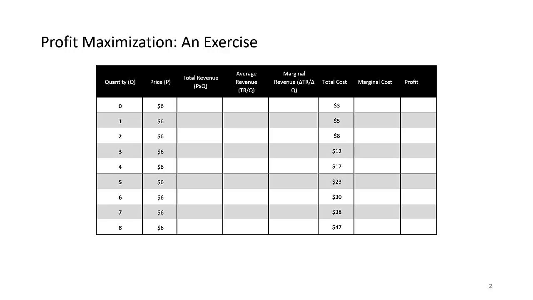Now you might be thinking, if $6 is the price, why don't you just sell 8 units? Because that's how you can maximize your profit, or maximize your revenue at least. But the problem is that your cost might behave very differently. So if you remember, profit is the gap. Profit is revenue minus cost,